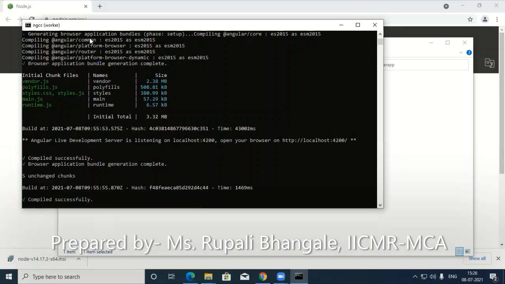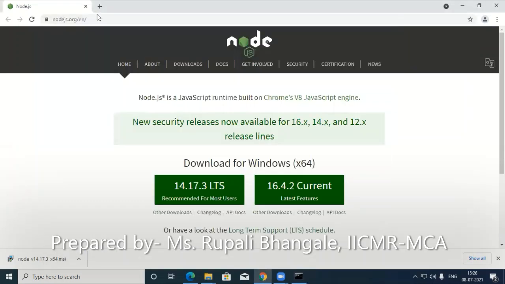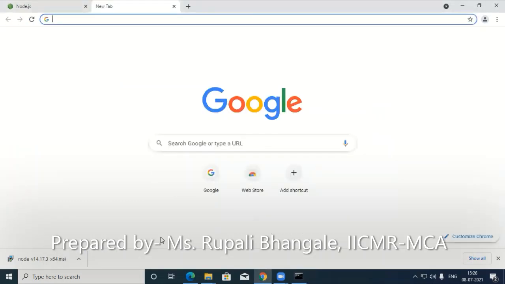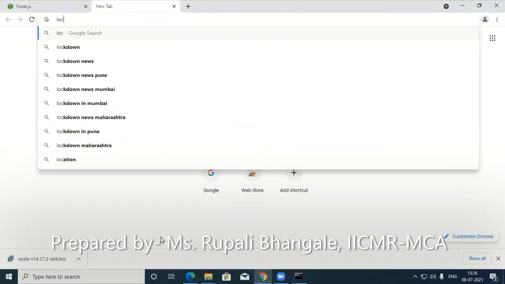All the desired folders have been compiled here. And now it will ask you to type this URL into your browser. So simply copy the same, localhost:4200.